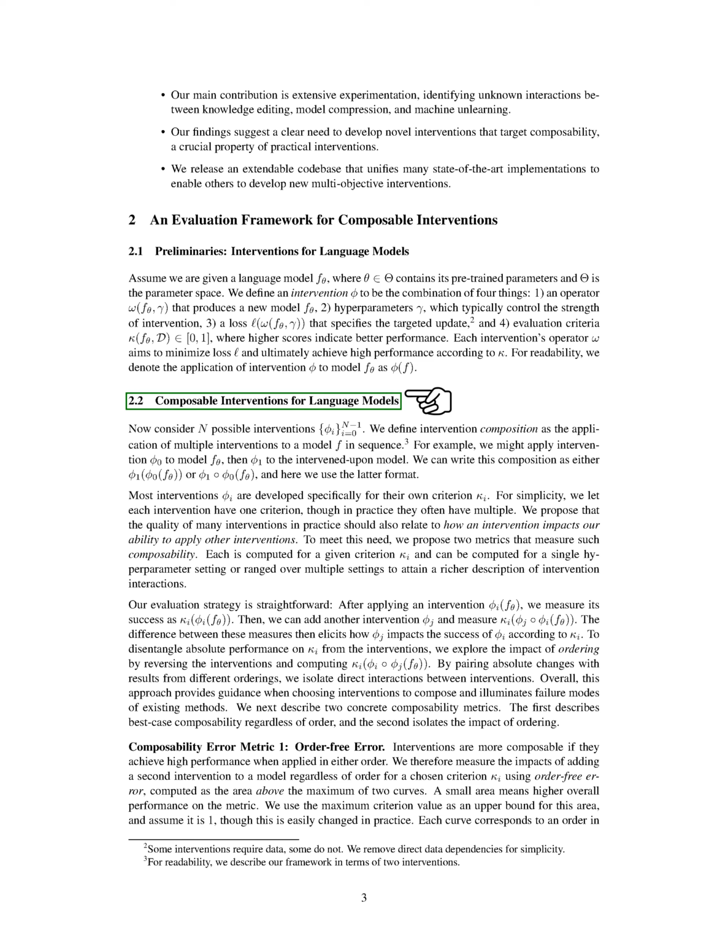Section: Composable interventions for language models. In this section, we consider various interventions for language models. We have a total of 28 possible interventions that we can apply. Intervention composition involves applying multiple interventions to a model in a specific order. For instance, we can first apply one intervention to a model and then apply another intervention to the modified model. We can represent this composition as a sequence of interventions.